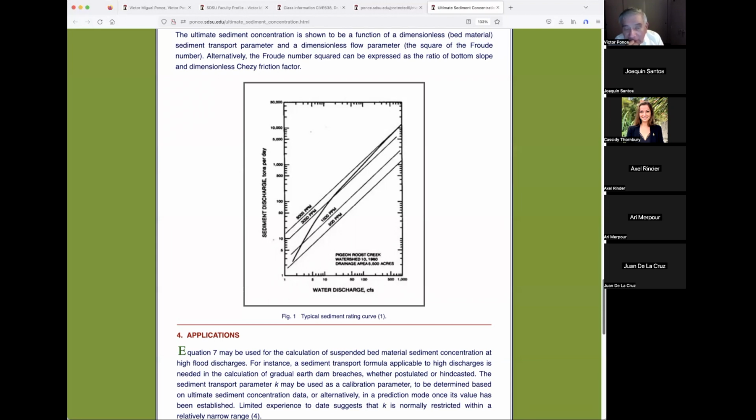Vanoni was a professor at Caltech, and subsequently, of course, he retired and passed away. Then in the year 2009 or 2008, I think it was, 33 years afterwards, there was a second edition of Sedimentation Engineering, and that has a story which I'm going to share with you because it's an interesting story. The second edition was in the making for about 5 to 7 years. And there was a gentleman whose name I don't remember or don't want to mention that was put in charge. And he, for whatever reason, couldn't do it or wouldn't do it. And finally, the work landed